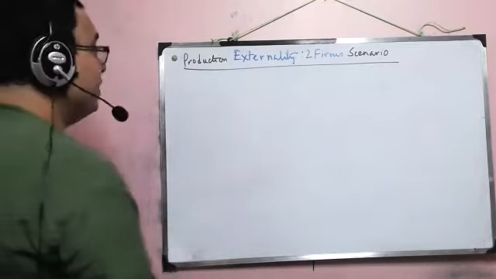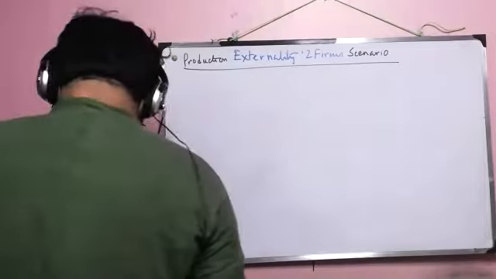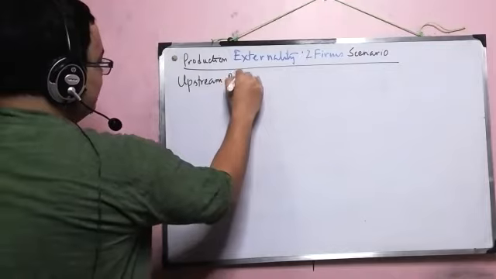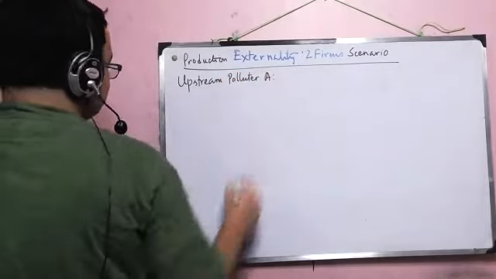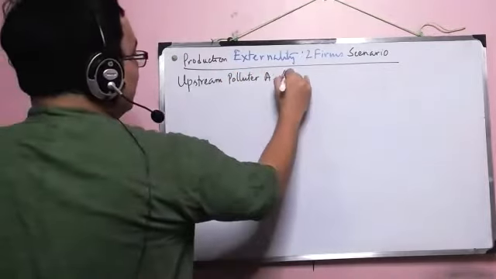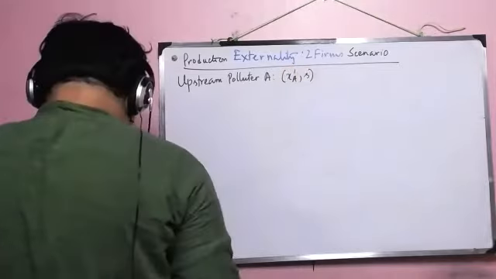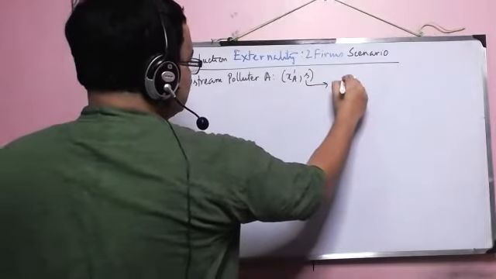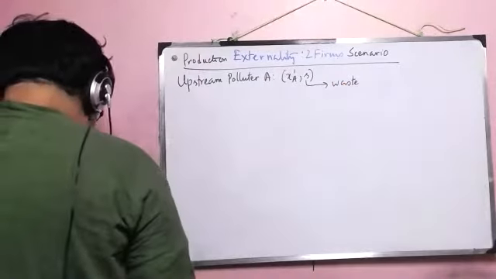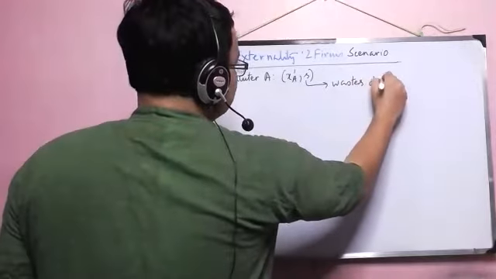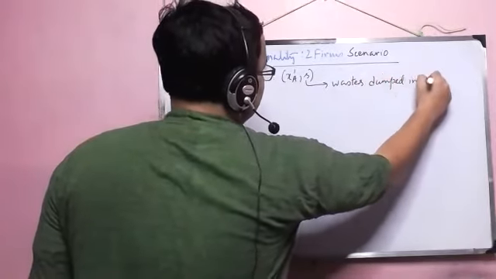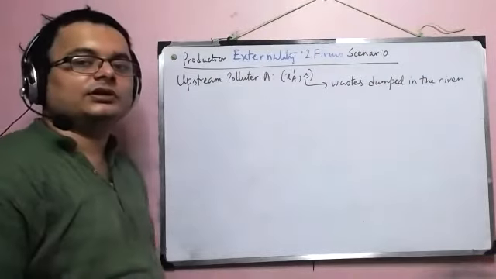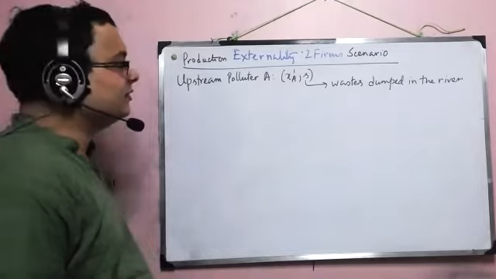All right. So there are two farms, as I said. This is a two farms example. Consider the first one to be the upstream polluter, so obviously that means there is a river. There is an upstream polluter A who produces two goods. One is the good that A is meant to produce, and the other is waste. And where do these wastes go? They are dumped in the river. Consider this some kind of pollution in the Ganges or in those rivers flowing down from the mountain.